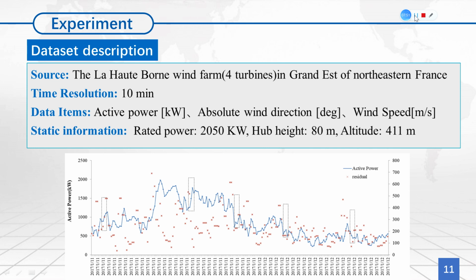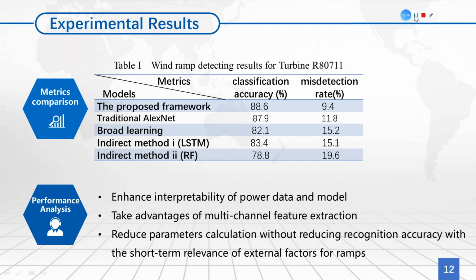The rated power used in the definition of ramps is 2050 kilowatts. This dataset contains active power, absolute wind direction, and wind speeds, with a temporal resolution of 10 minutes. Here, we only choose the results on turbine